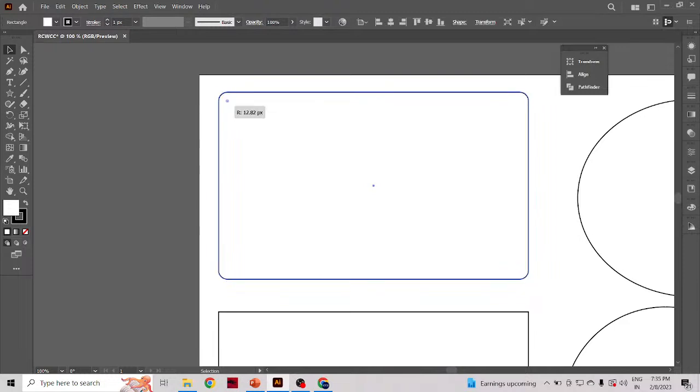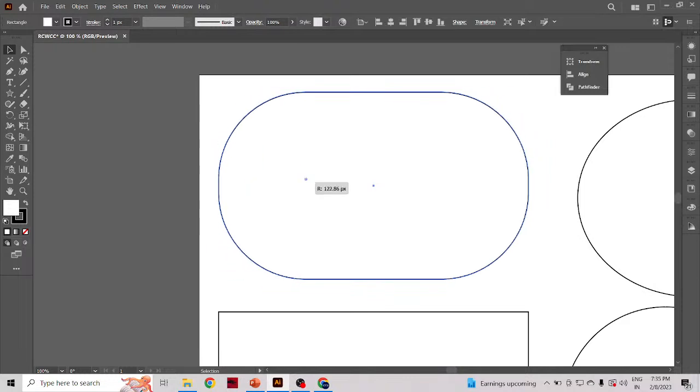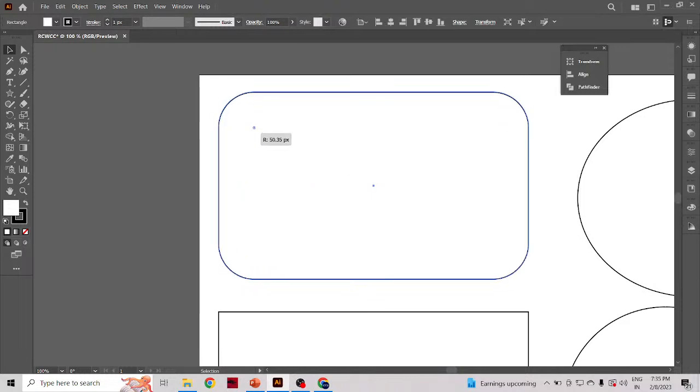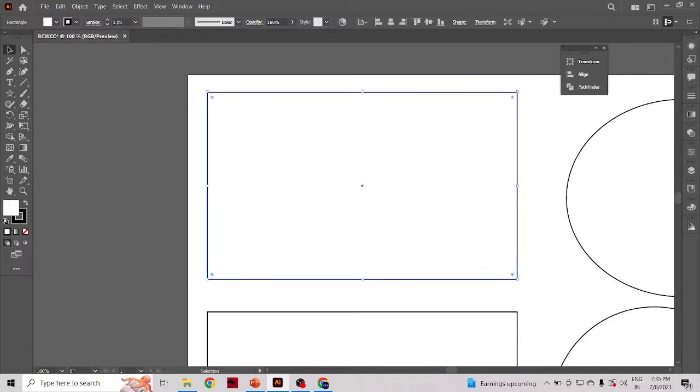Nodes, node. Okay, so if you want to curve something, you can use these nodes, and if you don't want to, you can make it sharp again. All right, so this is another tool that you have to know. So now what we will do is, now that some of you might get a question that